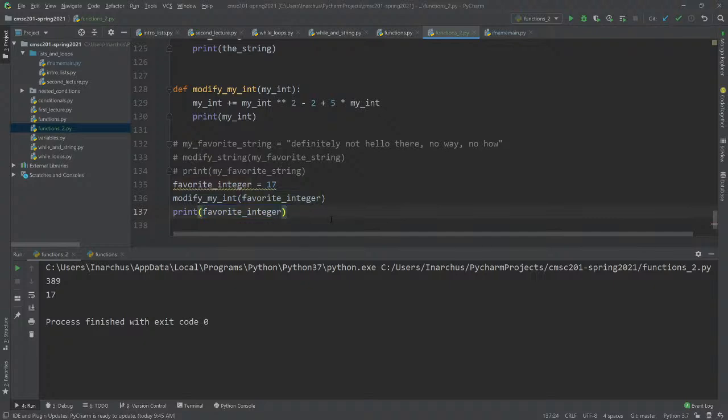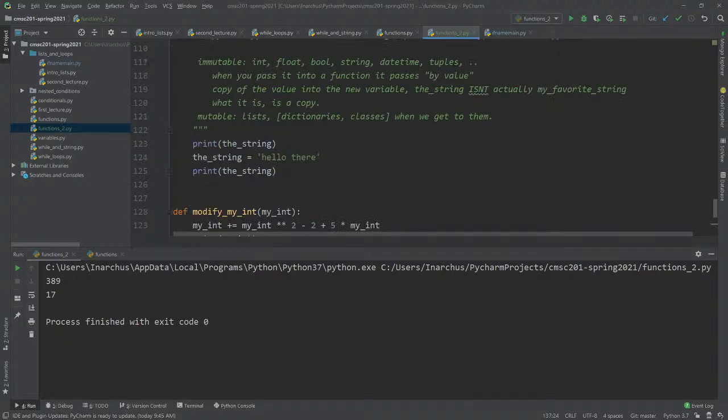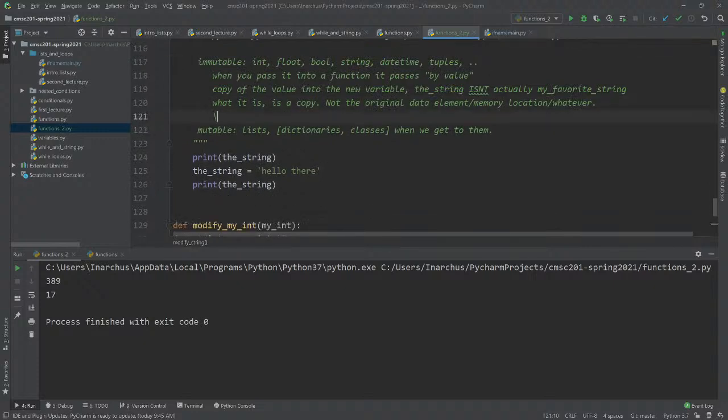Okay? And so, again, you might ask, but why? And so then I have to go back to the explanation, right? Int is one of the quote-unquote immutable types. And so when it's immutable, it gets passed by value, and when it gets passed by value, it makes a copy. It's not the original data element, the memory location, or whatever you choose to describe a variable as. It's a new variable that only exists in this function. And so you see a slight advantage. There's actually a little bit of an advantage with this.